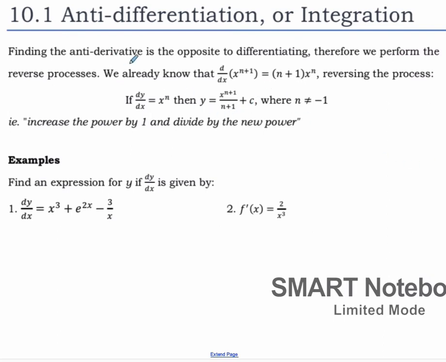Okay, so finding the antiderivative is the opposite of differentiating. So this is kind of like a power rule. It's just like what we did. We increase the exponent by 1, then we divide by that exponent. So that's what I was just doing a bunch of times. Now it's plus c. Let's go back to this one,